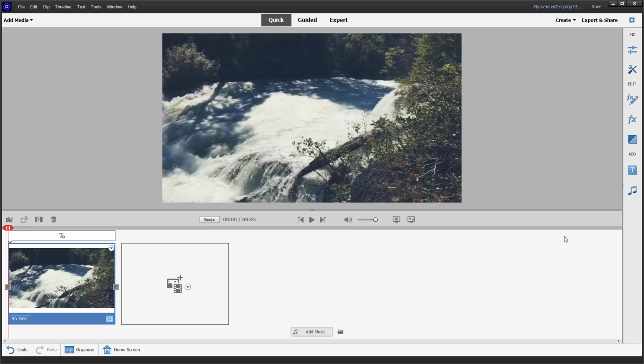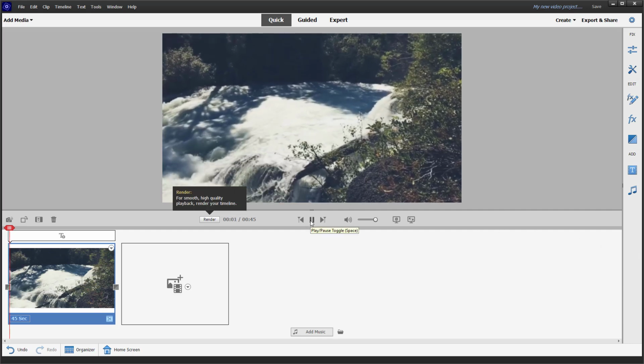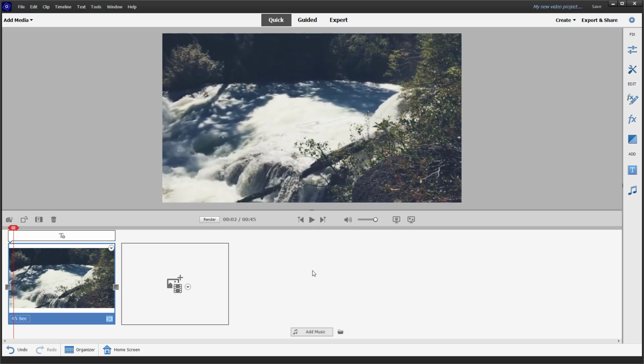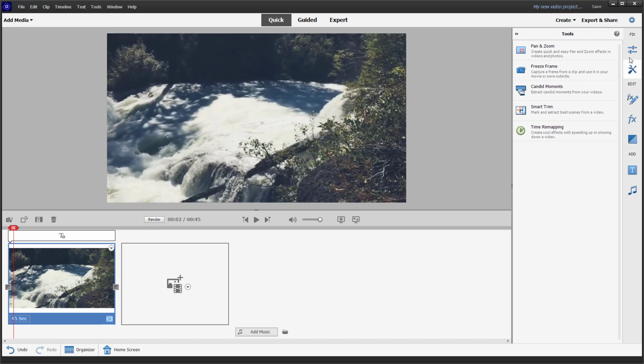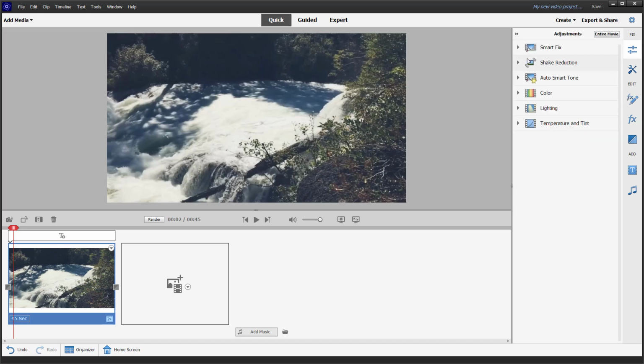So over here you can see that I have this particular video footage right here, and if I were to play this, then you can see that the video footage is shaky. So if I were to go under edit right here, then you can see that these are the effects that I have. Let me just go to the top, and here you can see that there's effect right here,